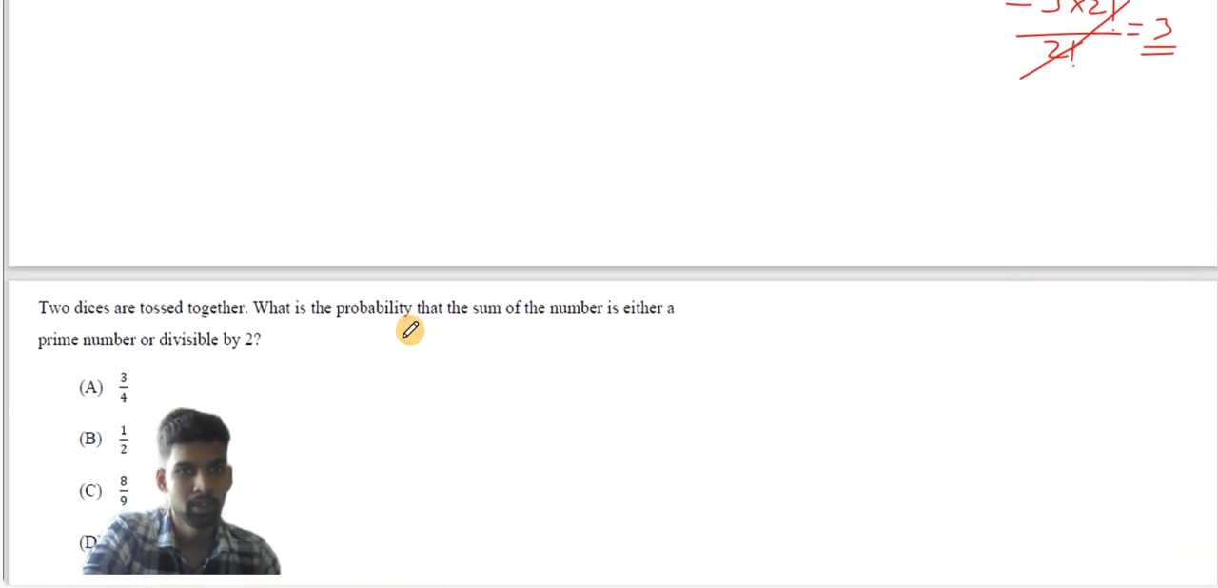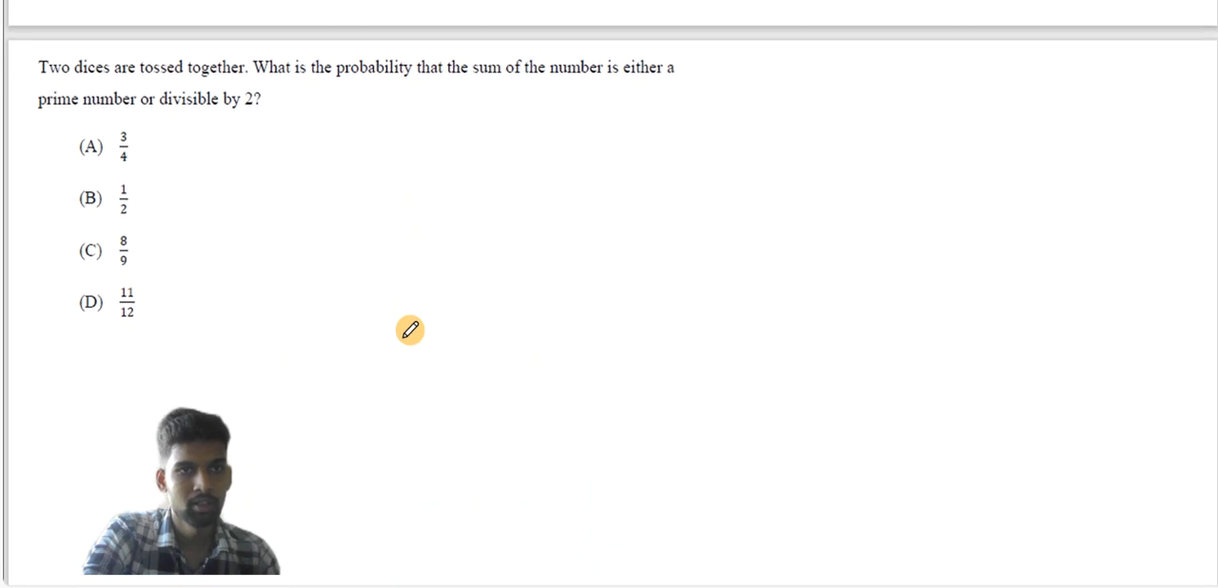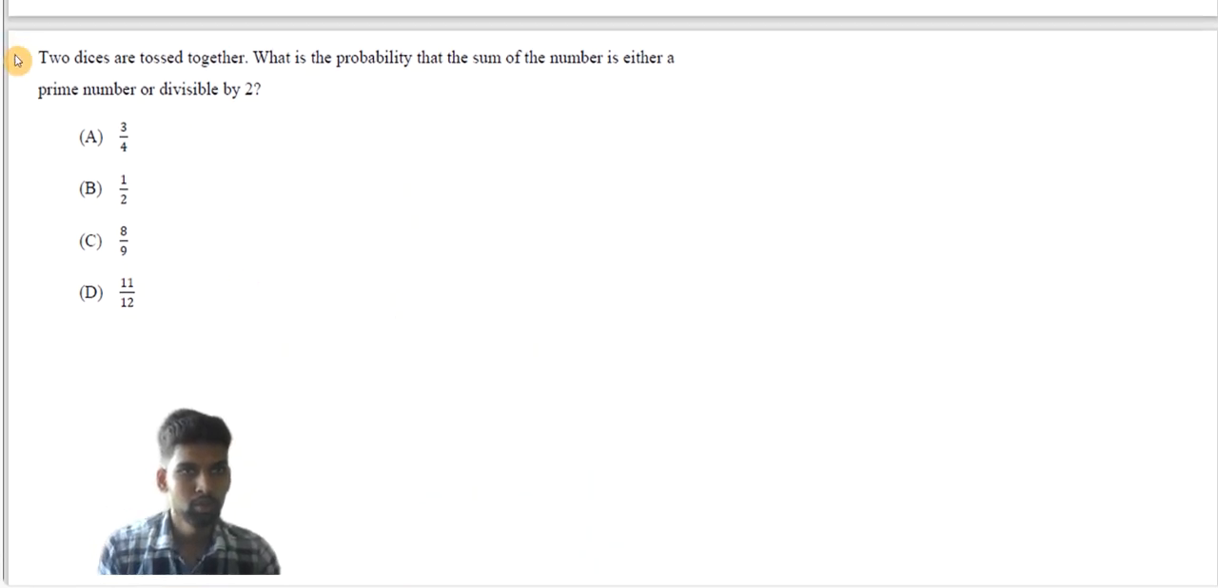Then coming to the next problem. Two dice are tossed together. What is the probability that the sum of the numbers is either a prime number or divisible by 2? So when two dice are tossed, our sample space has 36 points. We know because